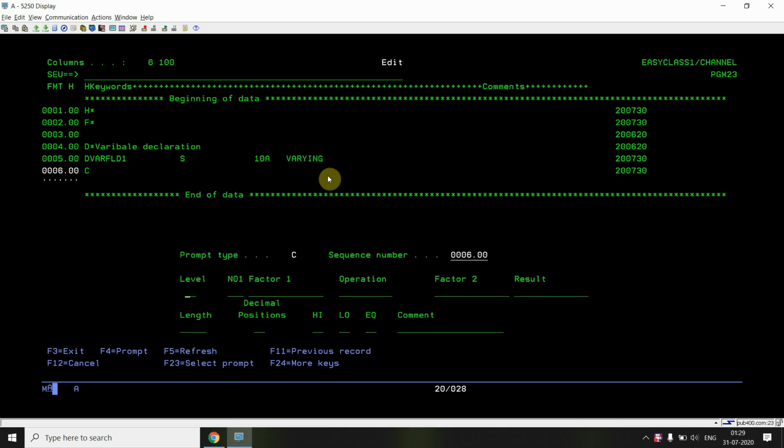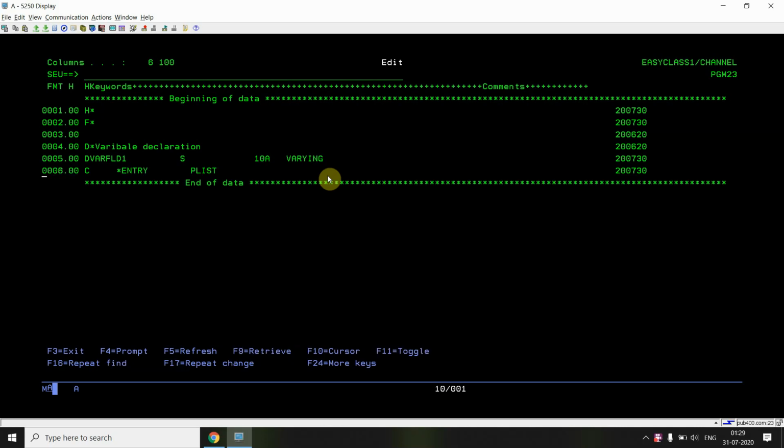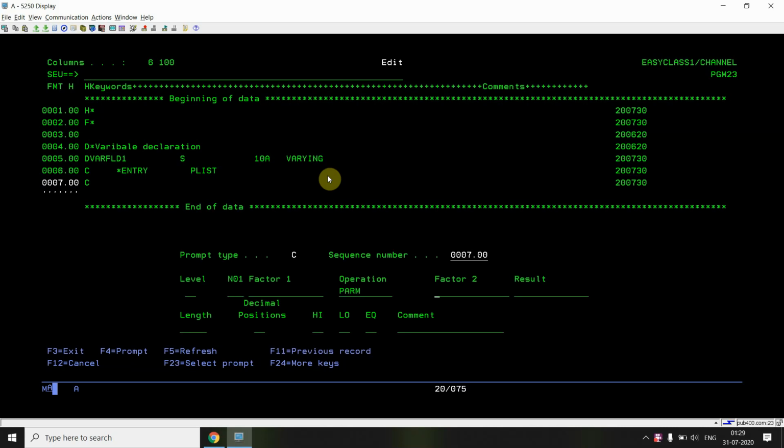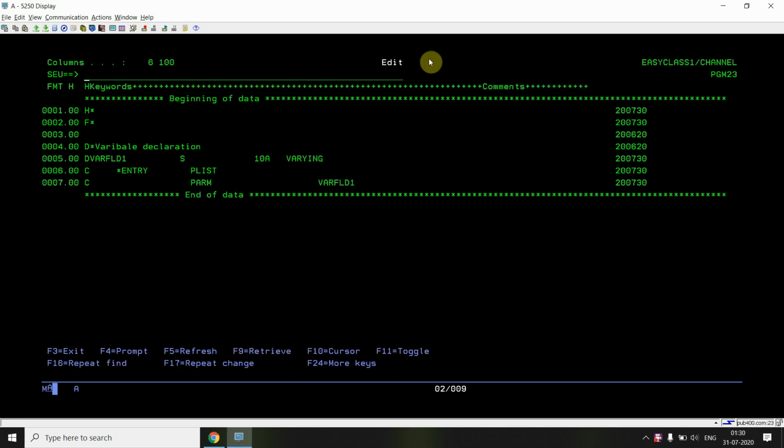In C specs, I define the entry parameter list with operation PLIST, and the parameter I'll be taking is varfld1. I could define varfld1 here also, but I'm not, because I have to declare it as varying, which is why I define it in the result mode.